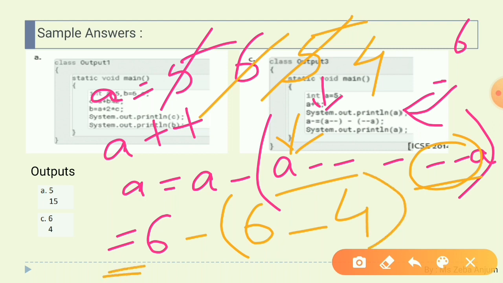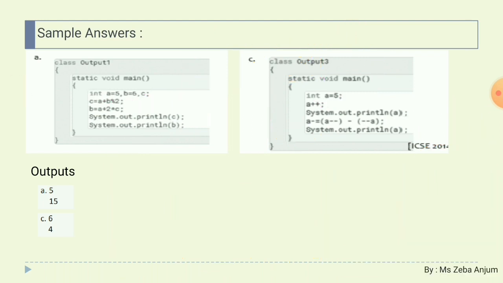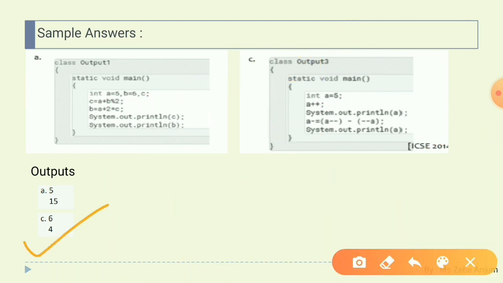Now again, firstly let us solve this bracket. So 6 minus 2, you will be getting 4 as an answer. Okay, now already we were having 6 in the earlier line, and now in the new line you will be getting 4 as an answer. Now again see, this is your answer for the same.